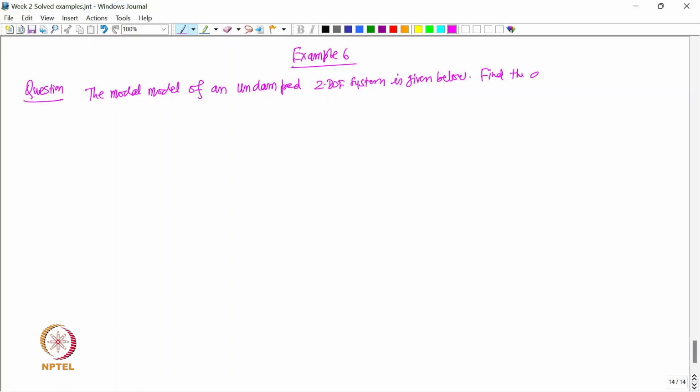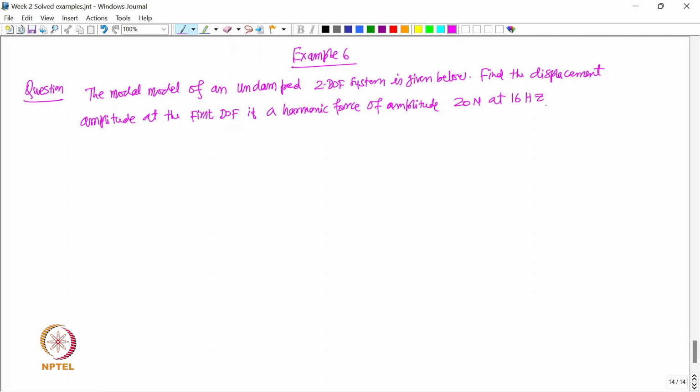Find the displacement amplitude at the first degree of freedom if a harmonic force of amplitude 20 Newton at 16 Hertz acts at the second DOF, right, and the natural frequencies in Hertz are given as